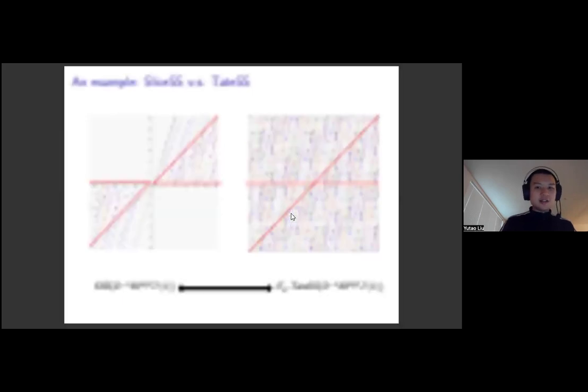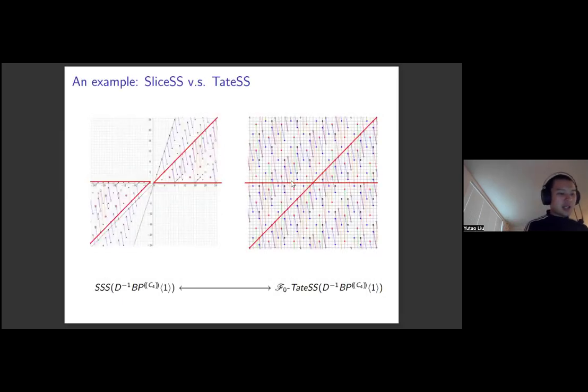And here is another graph. If you replace F1 by F0, now the isomorphism region becomes the region between slope 0 and slope 1. You can see we still have, in both cones, these two regions isomorphic to these two regions in the Tate spectral sequence. And here is a more